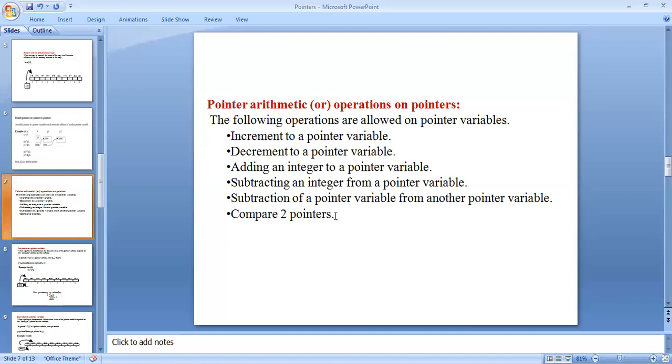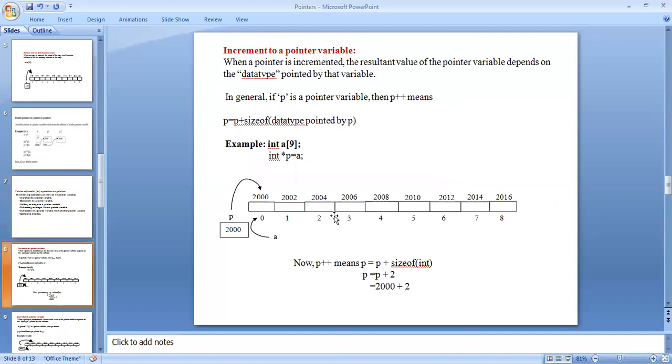Increment, decrement, adding an integer, subtracting an integer, subtracting one pointer variable from another pointer variable, comparison of two pointers, and increment of a pointer variable.